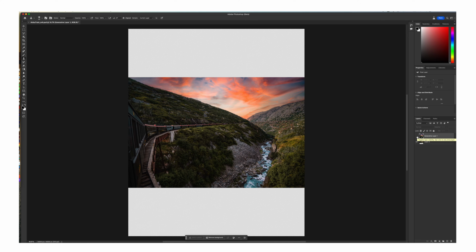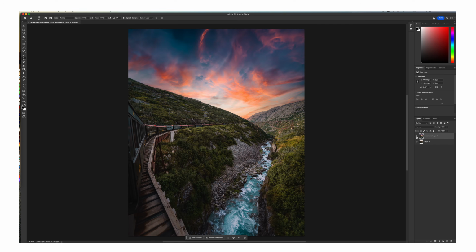Pretty much the exact same process. I opened this landscape shot, I stretched the canvas, then I selected the bottom, and then I selected the top. So when I click this, you'll see the generative layer, and this is the